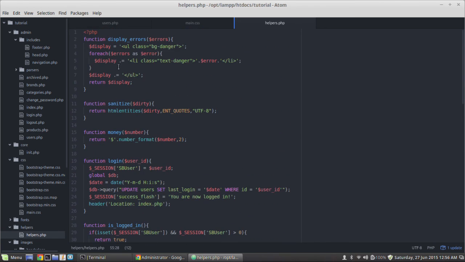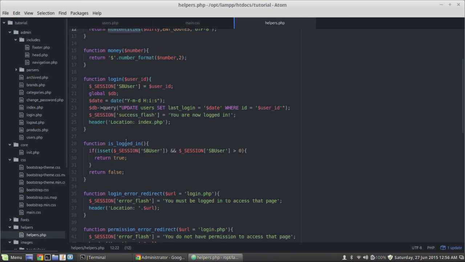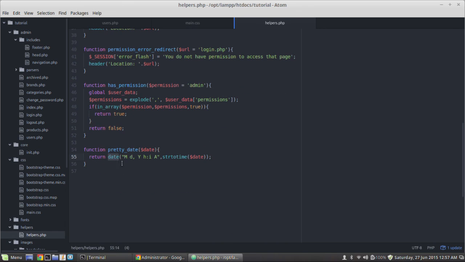And if you get to some of these functions, like HTML entities, you can look that up in php.net because that's one of their functions. These other ones we created, and see what they do. This date, look up that. So just go through the code and read it and see if you can make sense of what the code's doing. Because once you start being able to make sense of what the code itself is doing, and you haven't just watched me explain it or type it, you go back and look at it again, you really start learning,